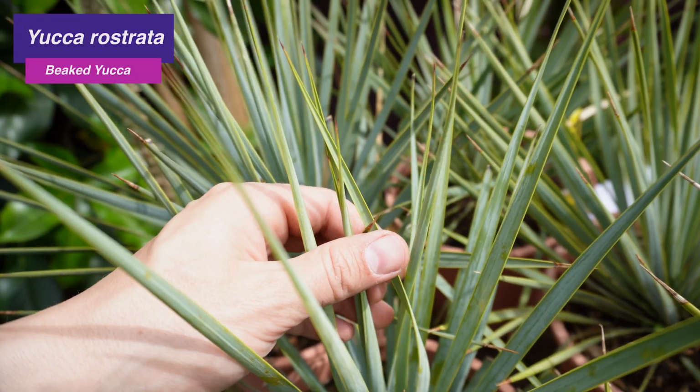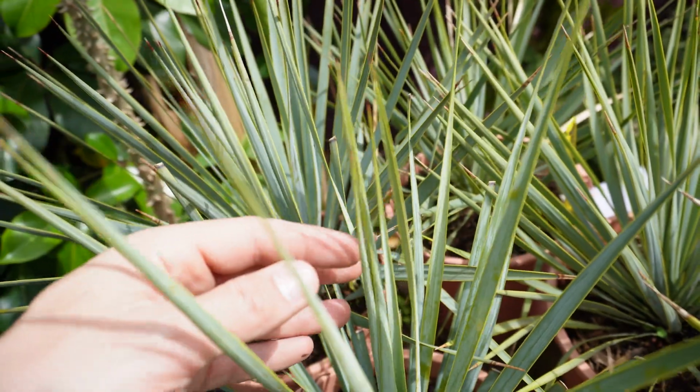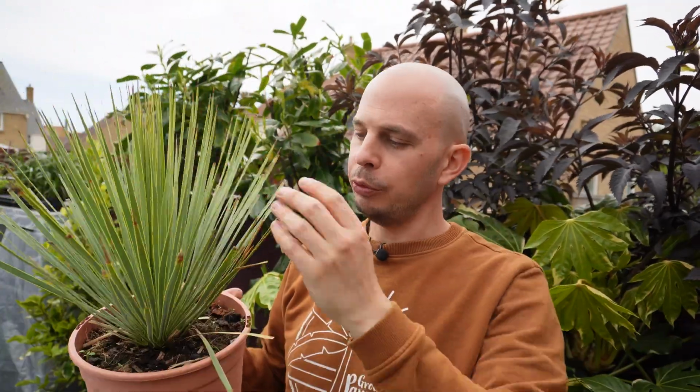Now, a plant that would look great alongside those Semponiums is this. This is one of the hardiest yuccas that we can grow. It's Yucca rostrata from the Chihuahuan deserts of Mexico. Now, this will, in time, grow up on a thick, woody stem. It looks really architectural, and this glaucous silvery blue foliage will remain in a perfect sphere, and mature plants will produce a spike of creamy white flowers that pollinators love, but these are not the fastest growing plants on the planet. You will be waiting years and years for yours to reach maturity, but at this height, they make a really